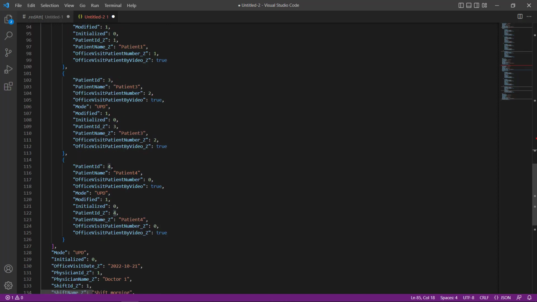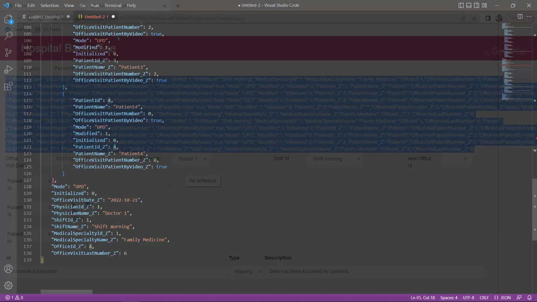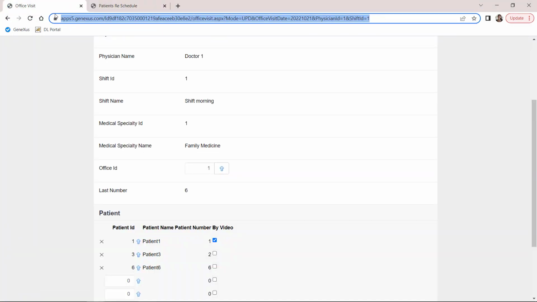Patient 4, which is new, is no longer labeled as insert, but as update, which is the default value. Also, with by video set to true. And patient 6 is no longer in the collection. It's been deleted. Now, if we check this in the transaction, we refresh, we'll have to see a 4 here.